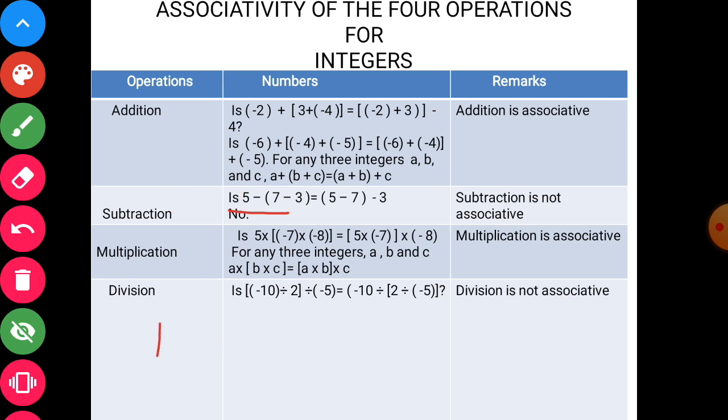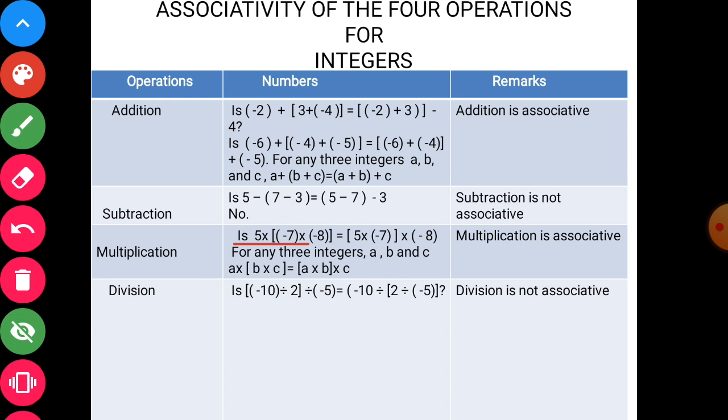Here you will get 1, which is not equal to minus 5. So here this answer is minus 5, this answer is 1. So what is your remark? Subtraction is not associative. And you have to check for multiplication, that is 5 into [minus 7 into minus 8]